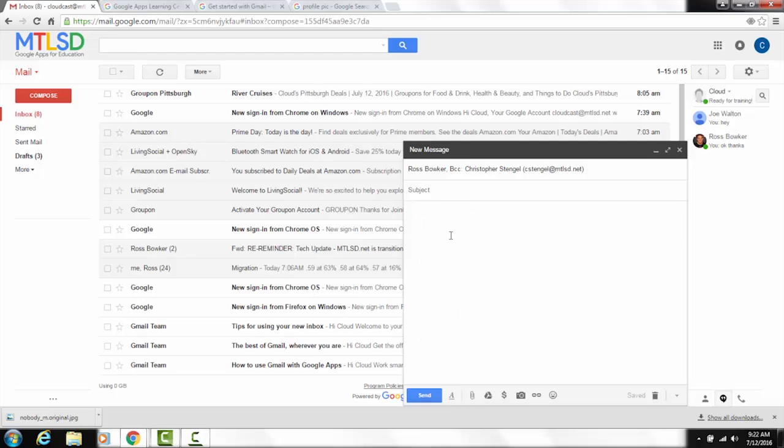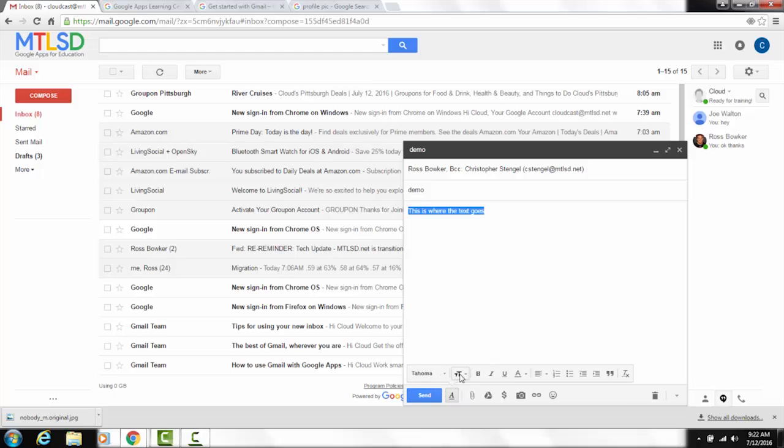And now I typically put a subject in there, right? And so we'll call this demo. And then I can actually start typing, right? And so, this is where the text goes. And again, just like in Outlook, you have any kind of editing formatting options. It doesn't look like they're there, okay? To bring that menu up, I actually have to click that A button,